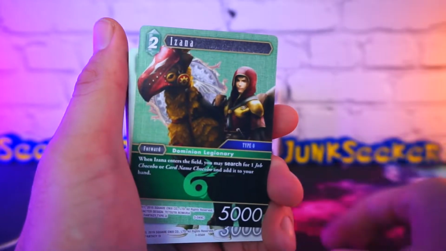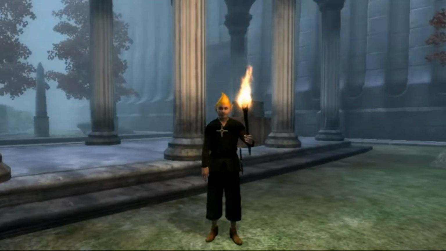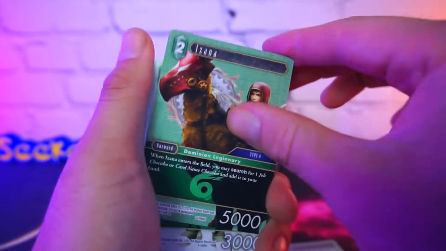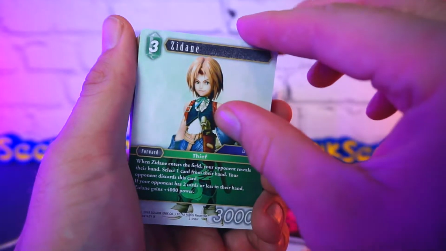Azura. By Azura, it's the grand champion. Dude who died at the beginning of Type O. Bit of a spoiler for like the opening scene. We have Zidane,